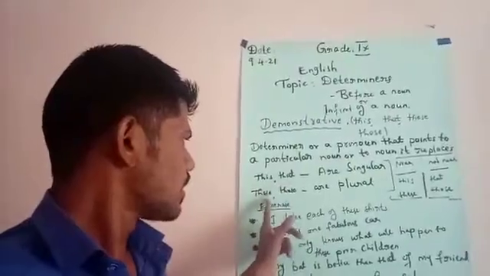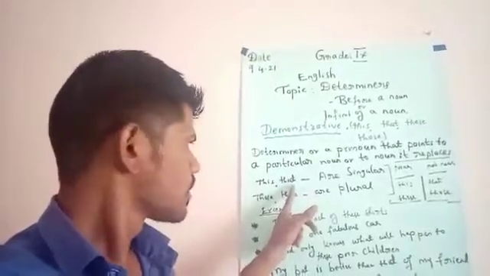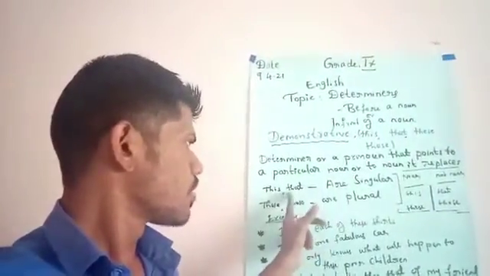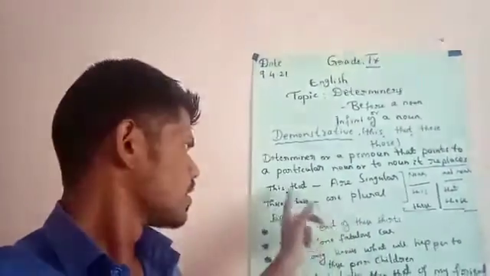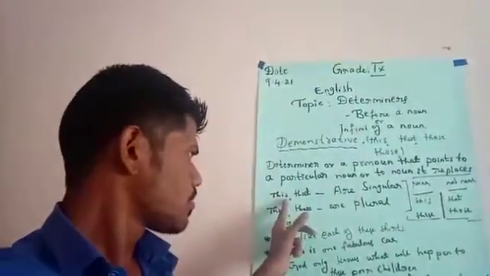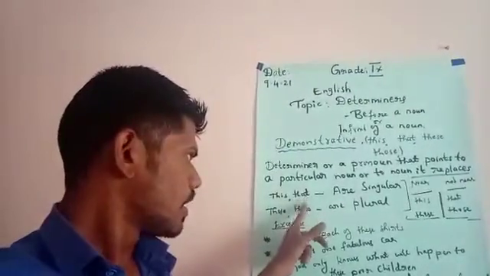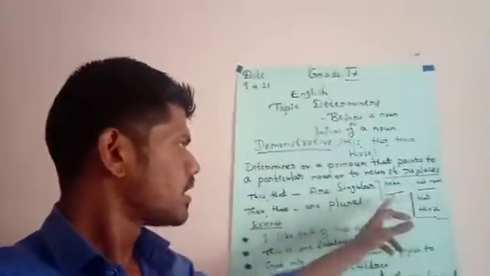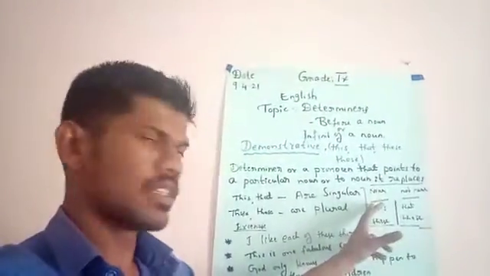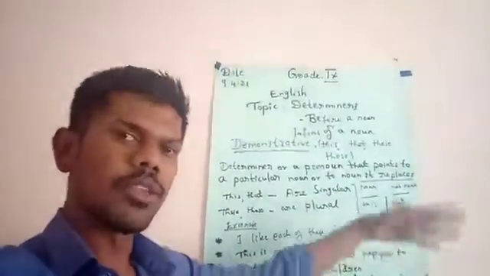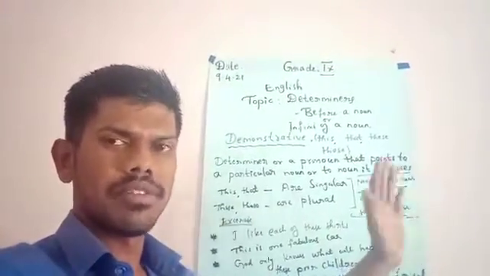See this, that, these, those. This and that are singular. That means they should be used for singular. These and those are plural forms. So this is singular; for this, the plural form is these. That is singular; for that, the plural form is those. And this and these should be used when you're talking about the nearest things. When you're talking about that and those, the things are not near to us. Instead, they are a little bit far.